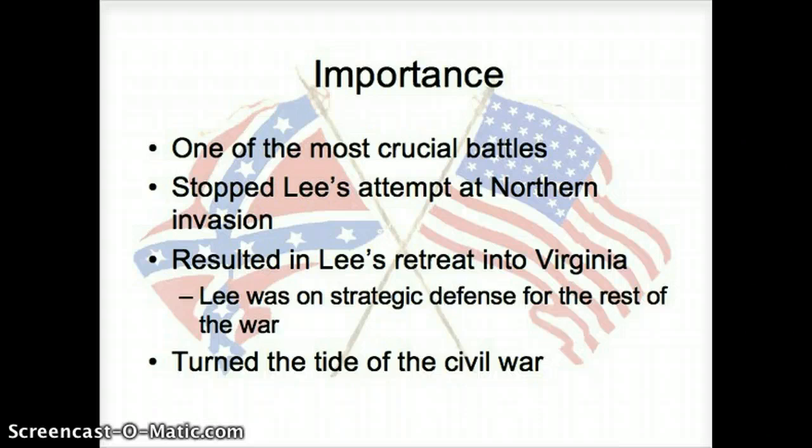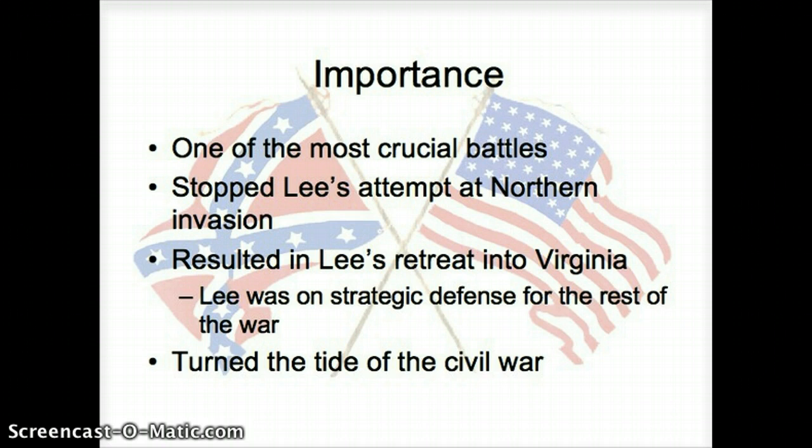And then this slide, I wouldn't show to the students. Instead of just showing them this, I would put it in question form, because I'd want them to jot down their thoughts. I would let them know it is one of the most crucial battles. It turned the tide of the Civil War. But then I'd ask them, why is it a crucial battle? Why did it turn the tide of the war? What did this mean to the Union? Or maybe just prepare, and then they could come to class the next day, and I'd ask them these questions,